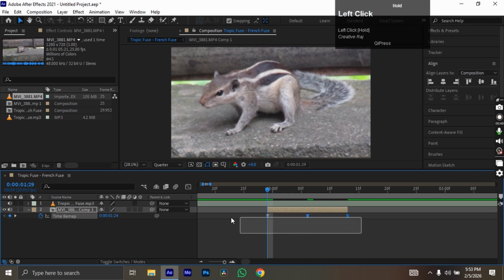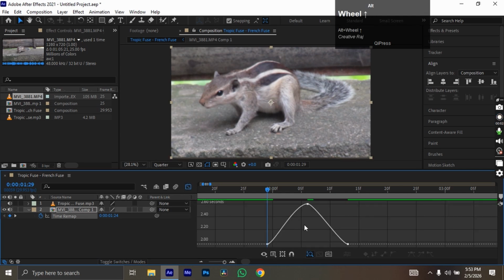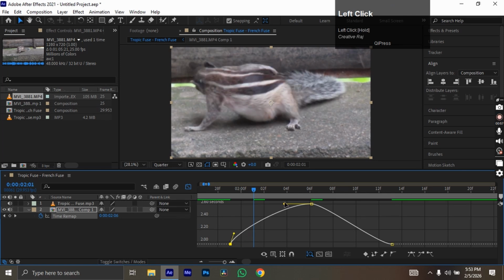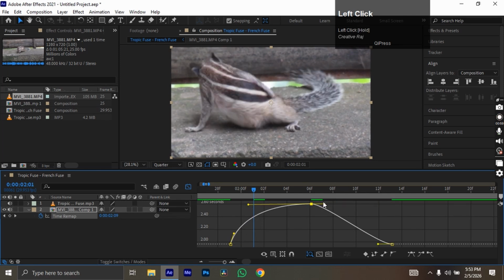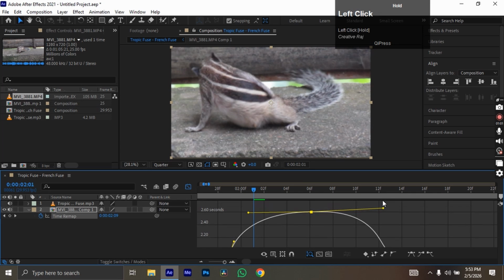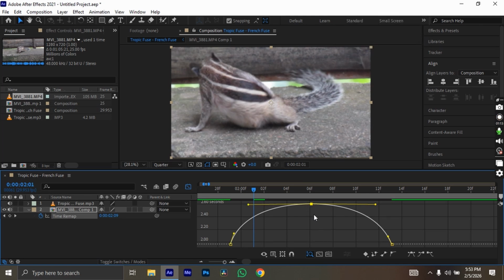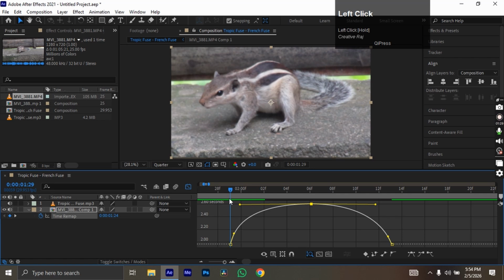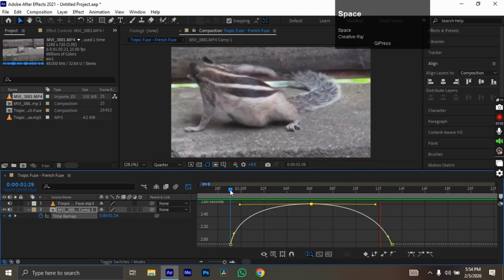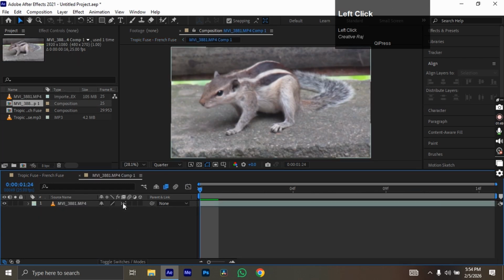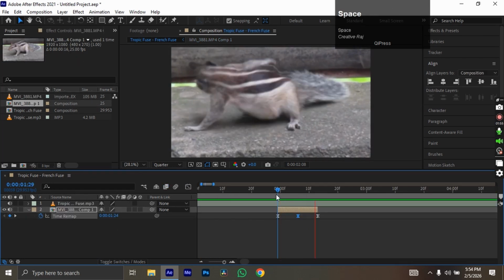Okay, now select all the keyframes, go into the graph editor and make a curve like this, a half curve like this. The longer this handle, the smoother the animation is, and our animation looks like this now. And for better smooth animation, enable your frame blending. Now this is reverse time